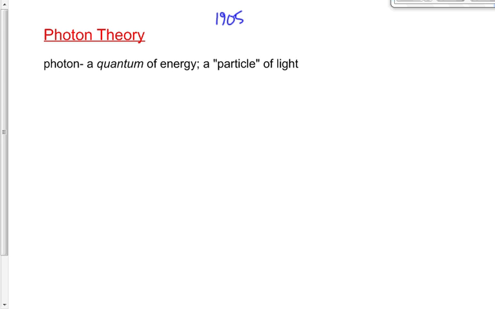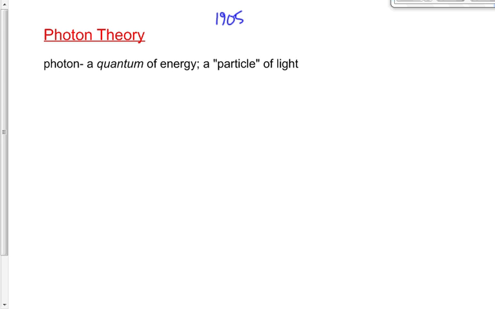Most people in their entire lives don't have a single original thought, a single original idea. Einstein had four of them in 1 year, 1905. One of them involved something called the photoelectric effect and photon theory, and this is what he ended up being given a Nobel Prize for later on. The thing he's most famous for, the theory of relativity, he never got a Nobel Prize for. But this stuff he did. So you've got to figure this is kind of important.